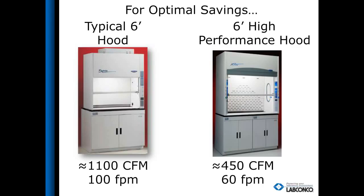When operating for optimal savings, so you're now operating what a typical 6-foot hood would at 100 feet per minute, is going to give you 1,100 CFM of exhaust. And we're going to get into the numbers of this momentarily. But a 6-foot high-performance fume hood will operate with the same level of safety, but at 450 CFM using 60 feet per minute. It's important to note here that every 150 CFM is equal to approximately 1 ton of air